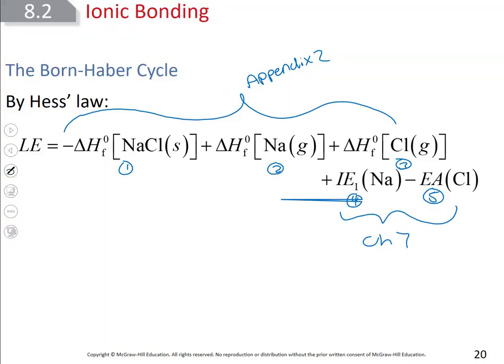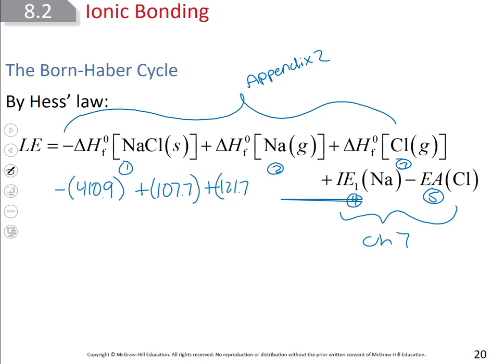So just looking at those tables from Chapter 7, in step 4 and 5? Yep, 4 and 5 are from the table. So this is for sodium chloride. Let's find them. So the standard enthalpy of formation of sodium chloride from Appendix 2 is 410.9. These are all in kilojoules per mole. Standard enthalpy of formation of sodium in the gas phase is 107.7 kilojoules per mole. Standard enthalpy of formation of chlorine atoms in the gas phase is 121.7